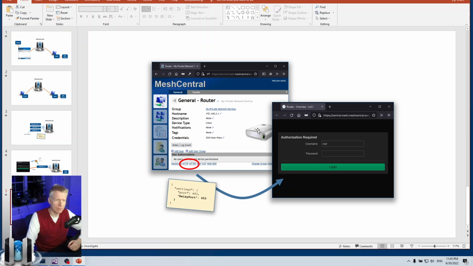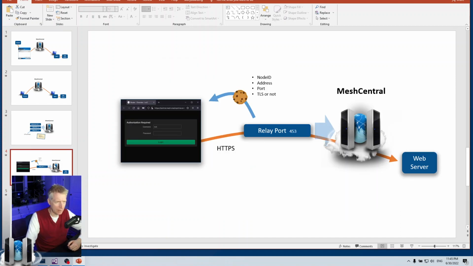And so internally, what goes on is that Mesh Central will push a cookie to your browser, and this cookie has the node ID that you want to target or relay through. It will have the IP address of where you want your sessions to be routed to.